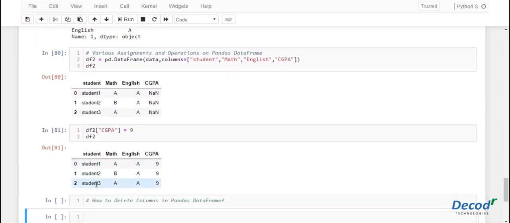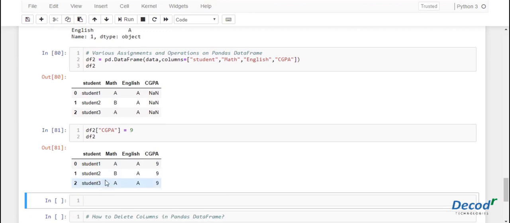You can even create a pandas series called CGPA is equal to pd.Series, using the Series function present in pandas. Let's take some values: 9.2, 9.5, 9.7.